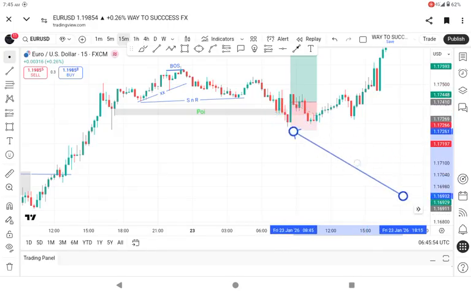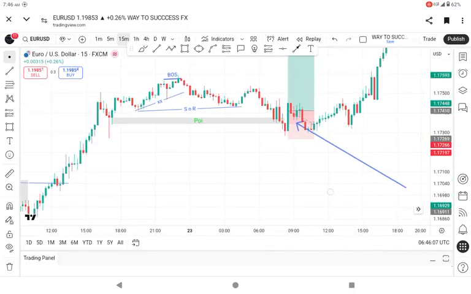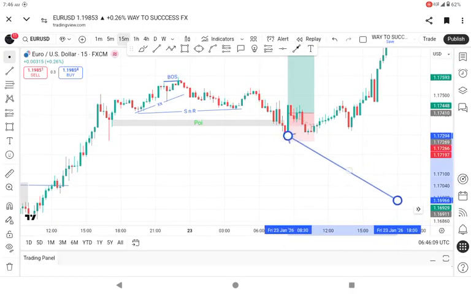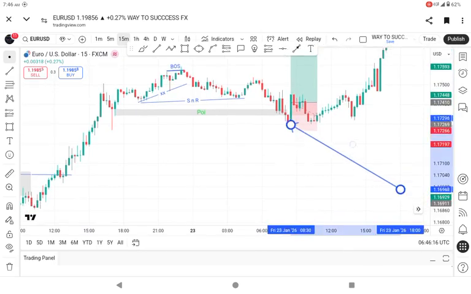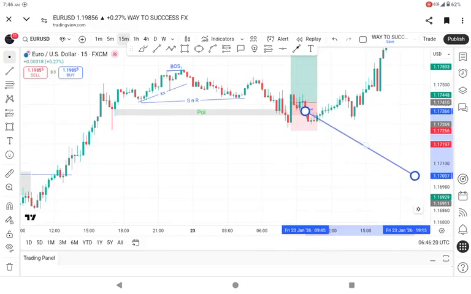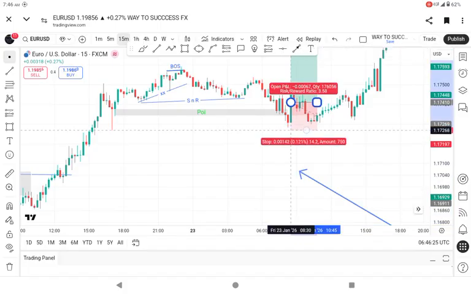I wait for this engulfing. I wait to see a bullish candle engulfing a bearish candle. So that is my confirmation. And when I saw that, exactly as it happened here, that is when I decided to buy. So I bought immediately the candle closed, this strong bullish candle closed,